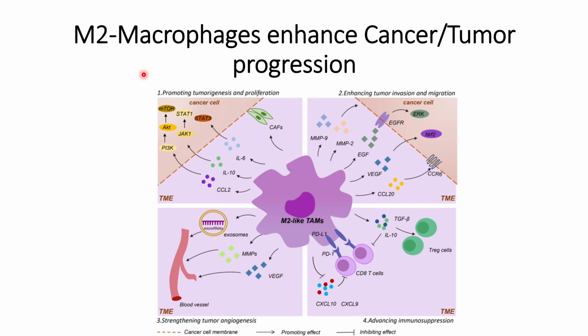In this video, we will discuss how M2 macrophages enhance cancer tumor progression. We have discussed in our previous videos that M2 macrophages help in tumor progression and have an immune suppression effect. And we have also discussed how the cancer cells help in the differentiation of monocytes towards M2 macrophages. That is with the help of the sialic acids that are overexpressed on the cancer cells, which interact with the Siglec